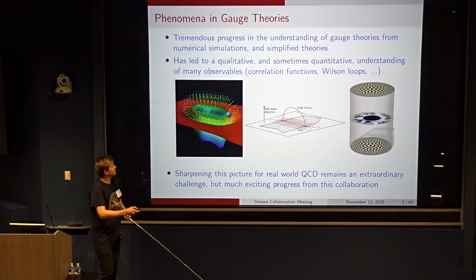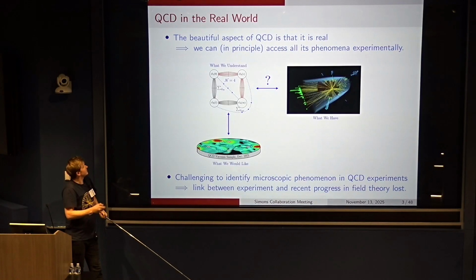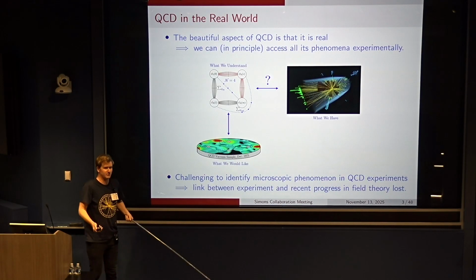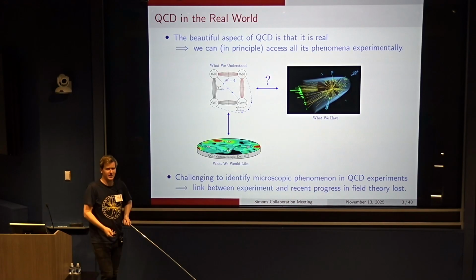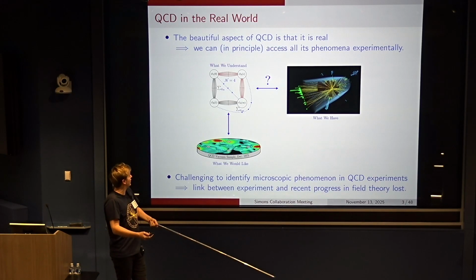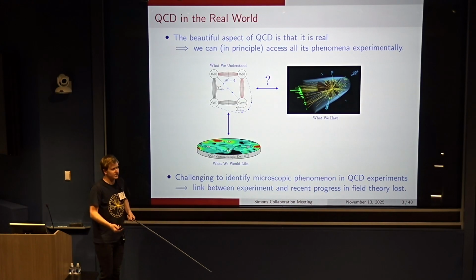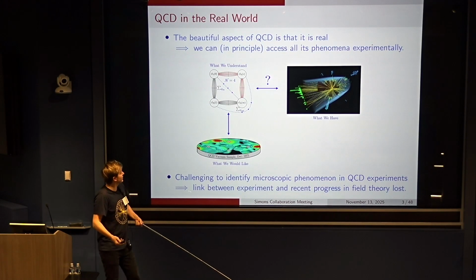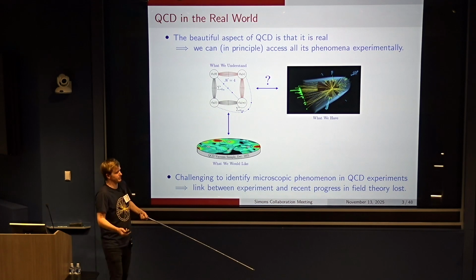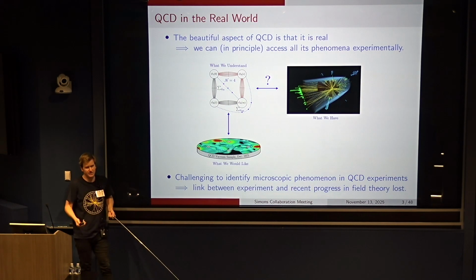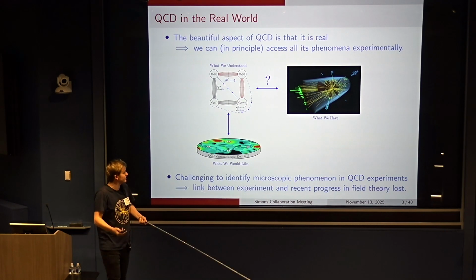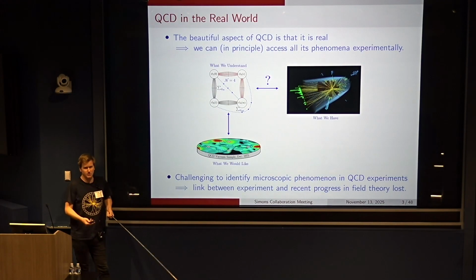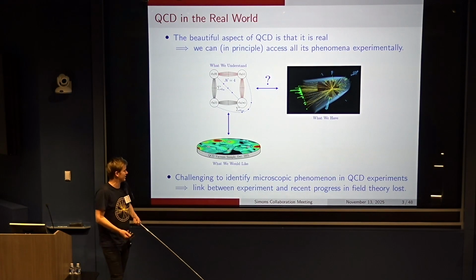And so at least for myself, one of the most beautiful aspects of real-world QCD is that it is in fact real. And so this is also what makes a lot of the goals of this collaboration very important. And so one of the nice opportunities that we have, because QCD is real, is that much like in condensed matter, we can in principle try and study some of its phenomena experimentally. And just like in condensed matter, we can hope to be inspired on the theory side by what we observe experimentally. But of course, in reality, this is much more complicated because of the time scales which are